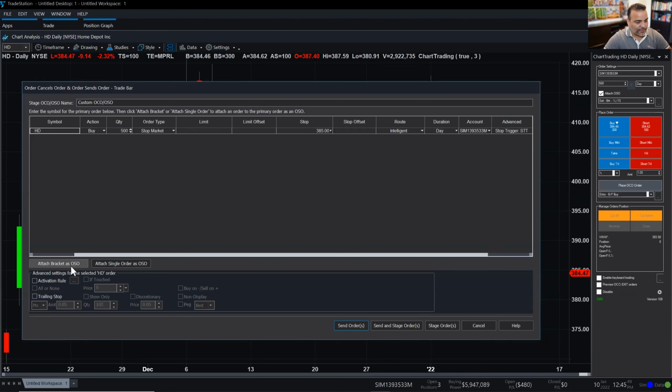You can add a bracket if you want. Since this is just a simple bracket, it will save you some time. If you add a single order, yes, you can do a single order and then another single order and then group them as an OCO. We're going to show that to you in a little moment. But here, I'm just going to add a bracket